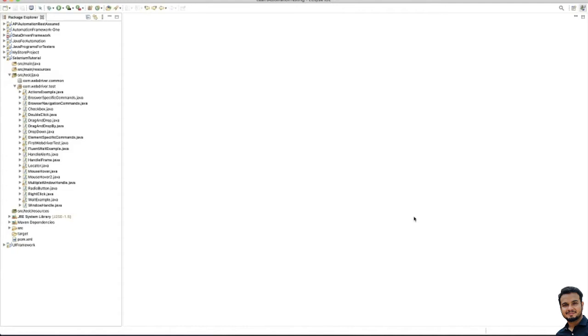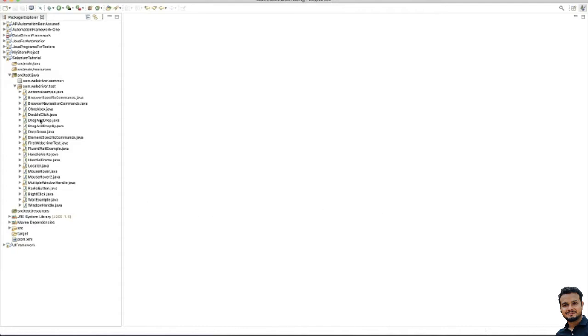Then how will you do it, right? What we will do is write into a property file, or read the data from a property file. That's what we are going to learn in today's session. So you should read it from a property file. In future, if you have to update anything, you can just update the value present in the property file, then it will be easy, right?